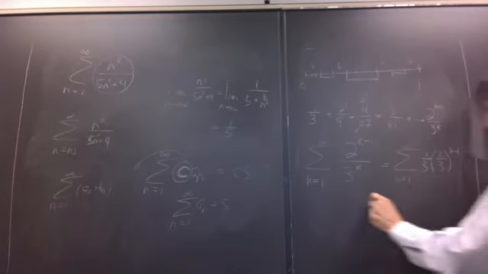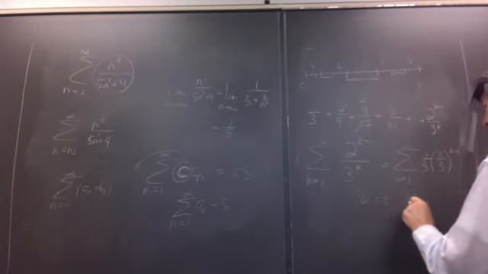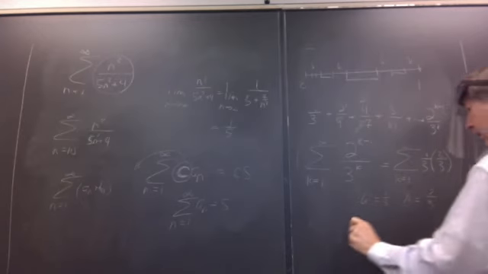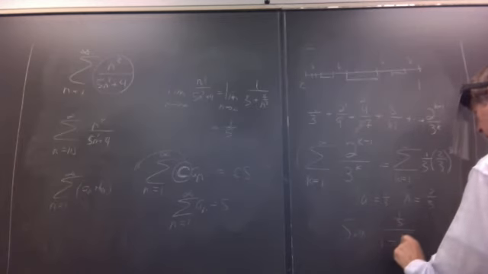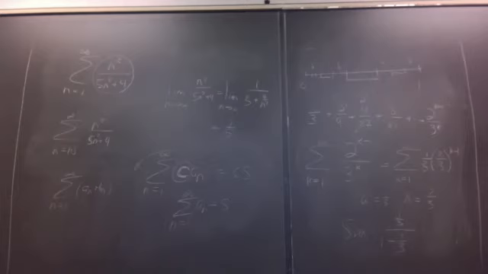And so this is geometric. A is 1/3 and R is 2/3. And the sum of the series is A over 1 minus R. And that is 1. So the amount of material I remove is 1. Now, what was the amount of material in the whole thing? 1. This was astounding to people